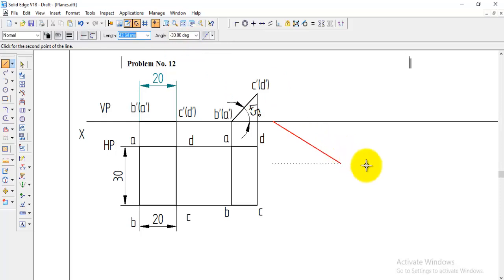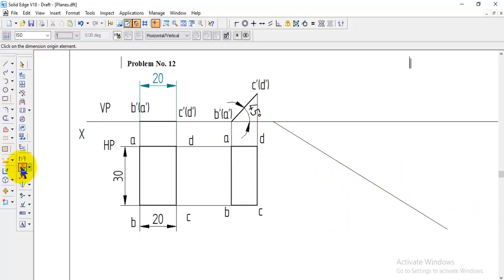So once you enter the angle, it is arrested, and the dimension of this line, because it is not a dimension area, we can take it any length. We can click somewhere over here, because only this AB should be placed here. So approximately we can draw this line, and we can fix the angle. Go to the angle between option, select the line and select the XY line, and you can click between that, the angle will be shown. And then we need to place this AB on this 30 degree line. So to make this AB the edge inclined to VP 30 degree.